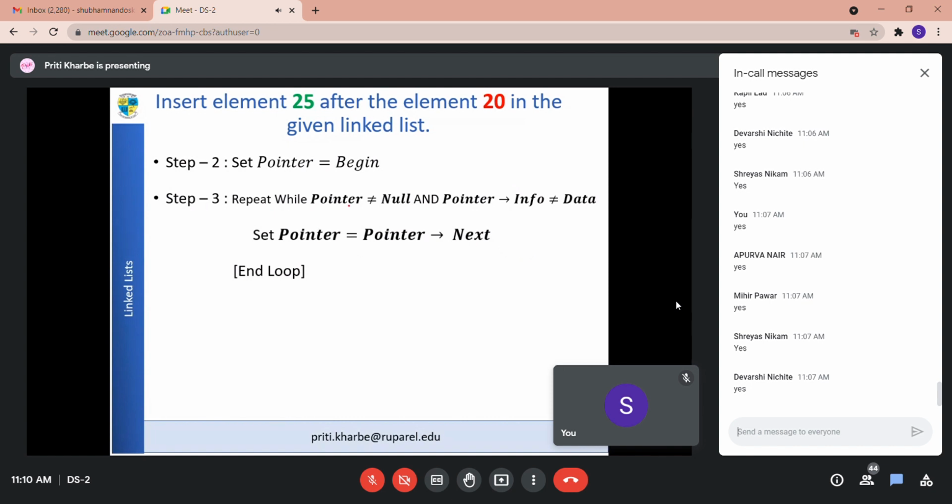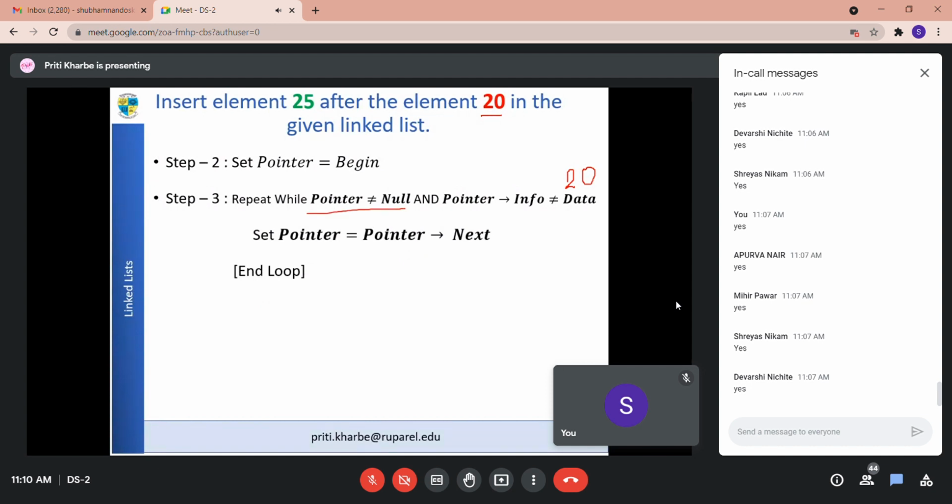This particular thing is searching for the element 20. You said in data which element is stored? 20. Until you reach 20, keep on moving to the next node, next node, next node. You already know the meaning of pointer is not equal to null.